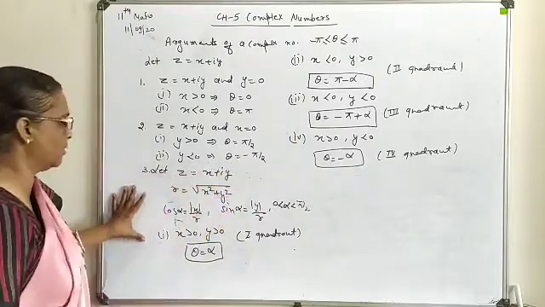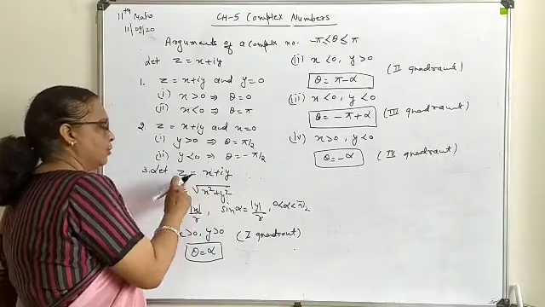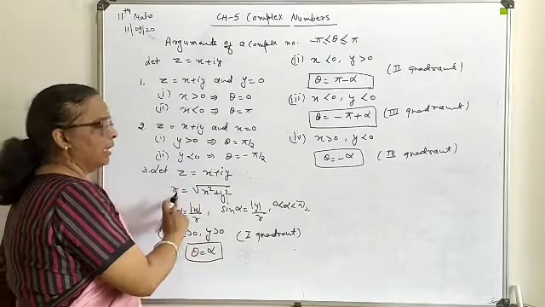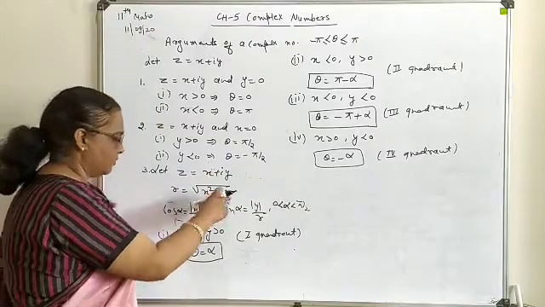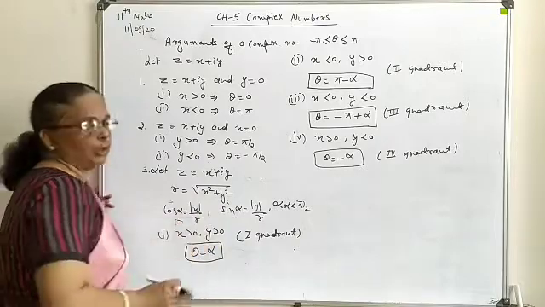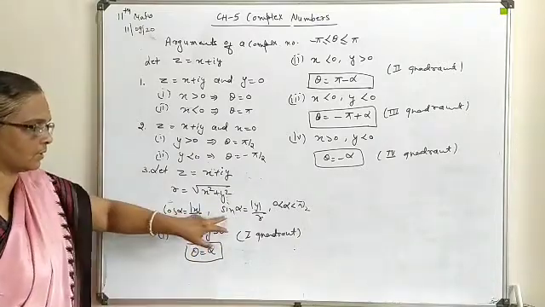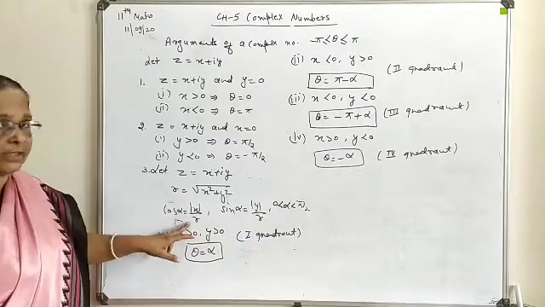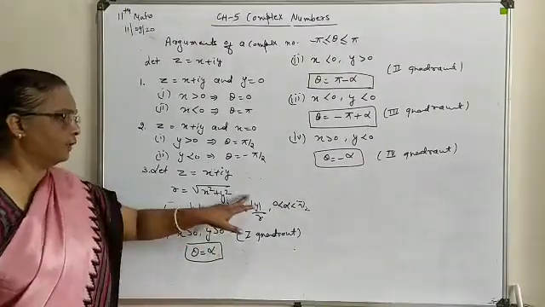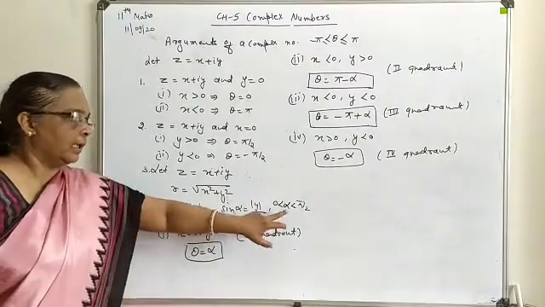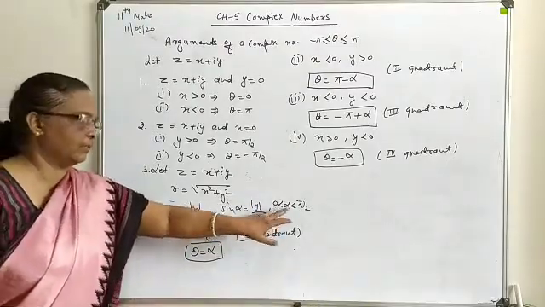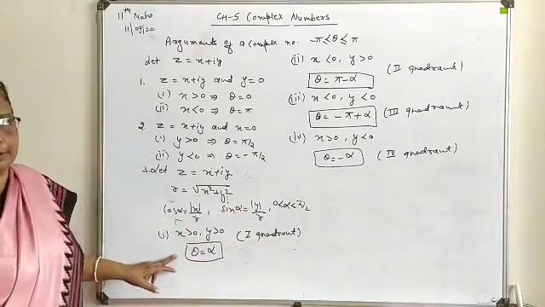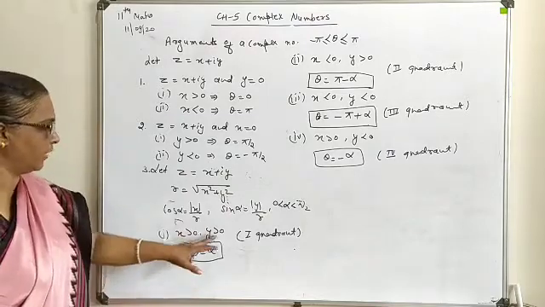Third and the important case, when your Z consists of both types of numbers, real as well as imaginary, R you will have as under root x square plus y square. At that time, first of all, the common angle you will evaluate by using the cos and sin formula. Cos alpha you will have as the absolute value of x upon r. Sin alpha you will have as the absolute value of y upon r. Compulsorily alpha will lie between 0 to pi by 2. Now, the decision about the argument you will take on the basis of the sign of x and y.